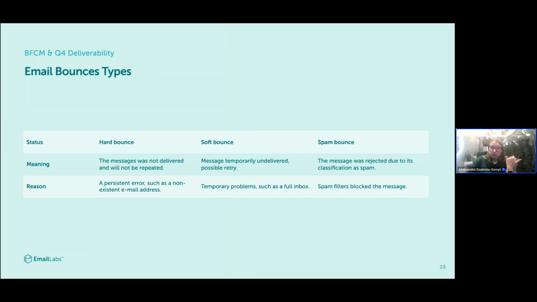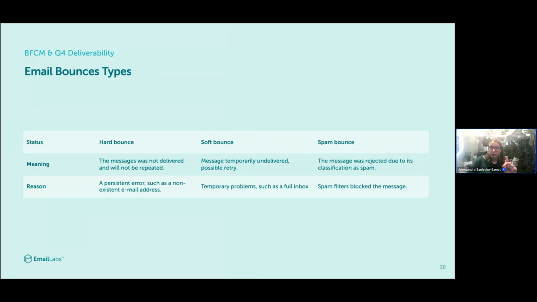A soft bounce usually means that there were some temporary problems on the recipient server, such as no space in the inbox, no space on the server itself. Then after some time, you can try to resend emails to those users. And a spam bounce means that your email was bounced because it was classified as spam.